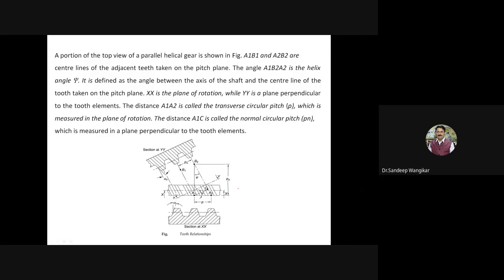So see that very first condition. This is the top view, whatever is shown. This figure is indicating the top view. Now there are two axes, X, X. If the axes are cut like this, then what will we observe? So section at XX. We will observe this section at XX.